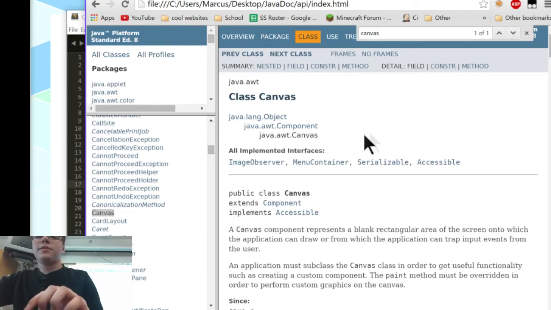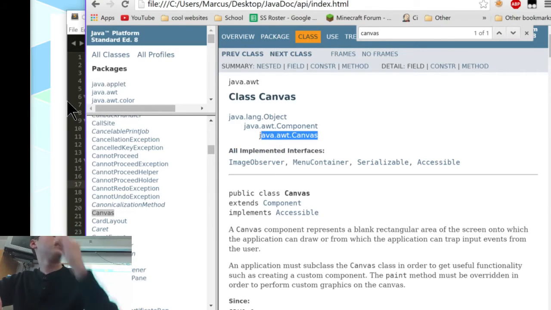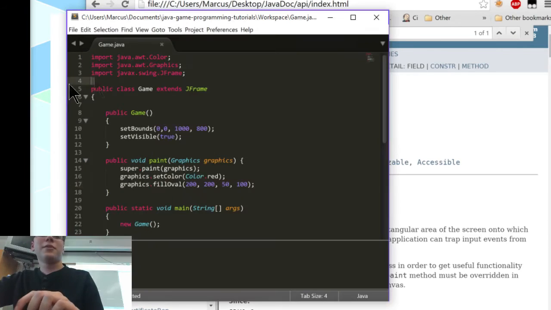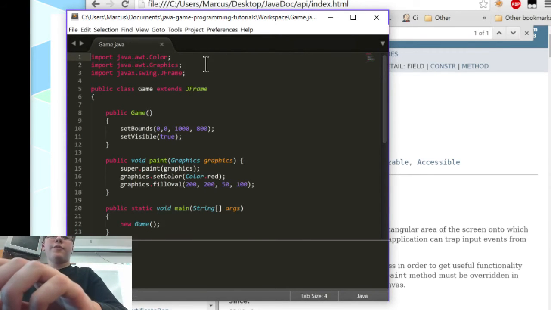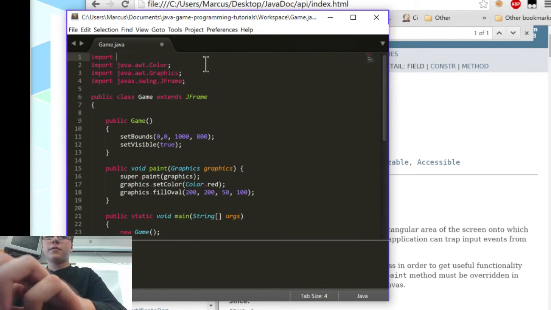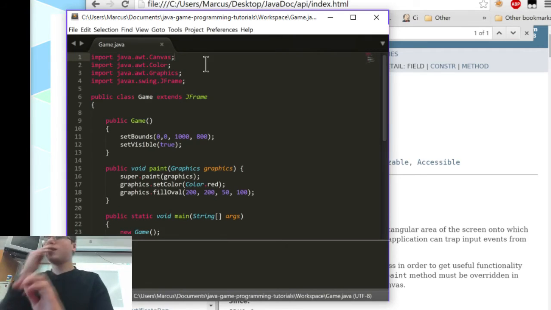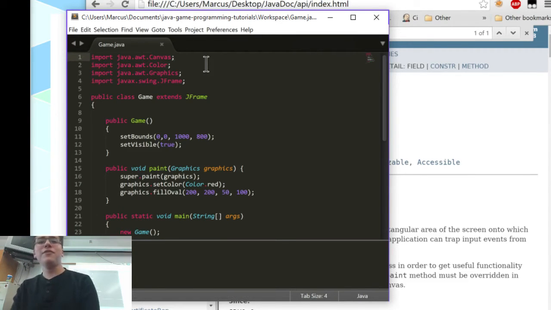So anyway, we need to import our java.awt.Canvas, like we did before. Yeah. You need to import it. And that would go before Color in alphabetical order. AWT, Abstract Window Toolkit. Java.awt.Canvas. Alright, now let's import it to make sure that we have that spelled right.